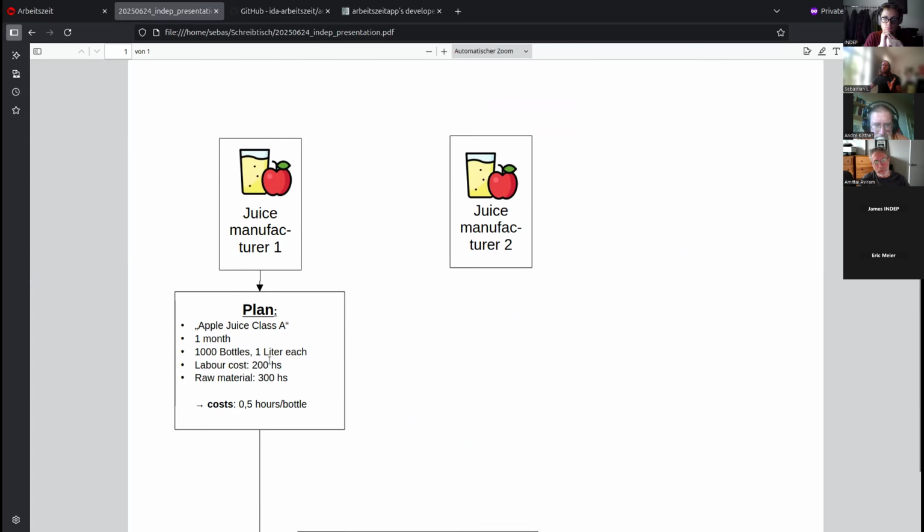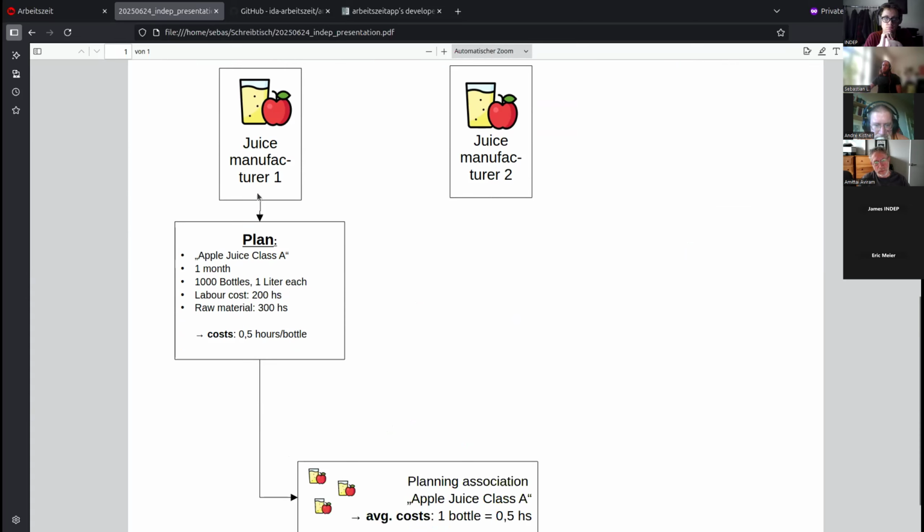One already has a plan, the other one hasn't. And the plan of the first one, the product is called Apple Juice Class A. This company plans that in 1 month, it can produce 1,000 bottles, 1 liter each. The labor cost of living labor is 200 hours in this month, and it will consume raw materials of 300 hours. And we can imagine if it's a juice manufacturer, these raw materials will be apples actually, and we know